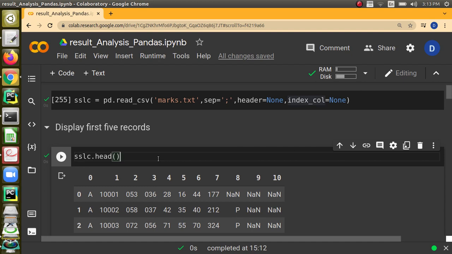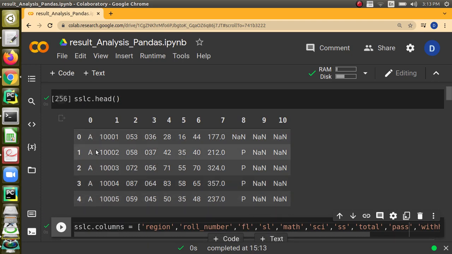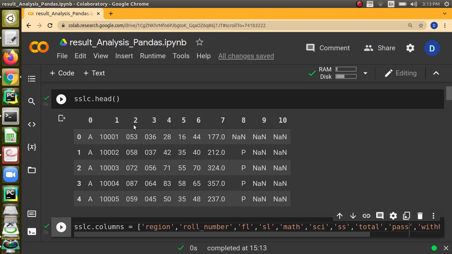Now let us give head. By default head will print 5 rows. So you can see here the top 5 rows are getting printed, right? And you can see the column names. Since we have not given any column names in the file, Pandas is giving 0 to 10. Totally there are 11 columns. So the column names are from 0 to 10.